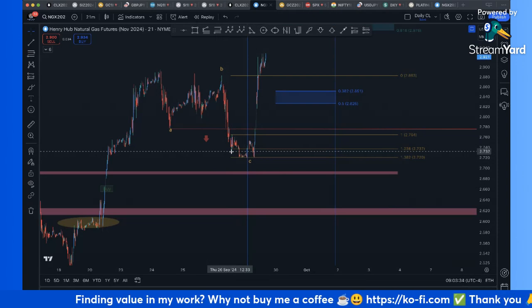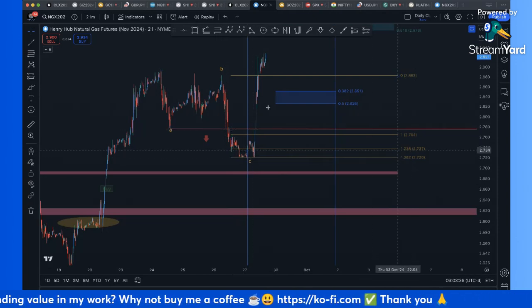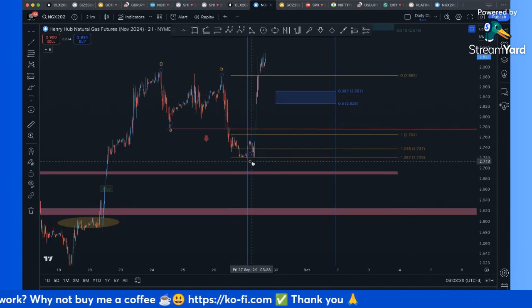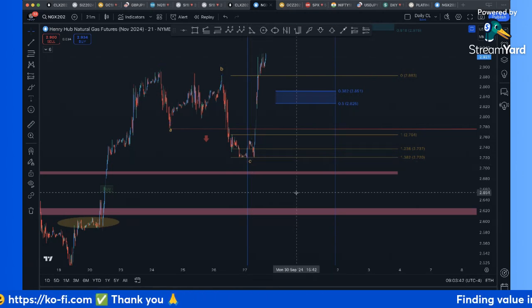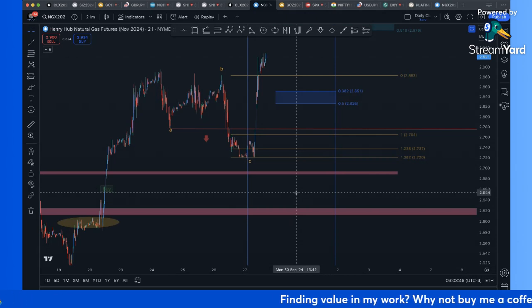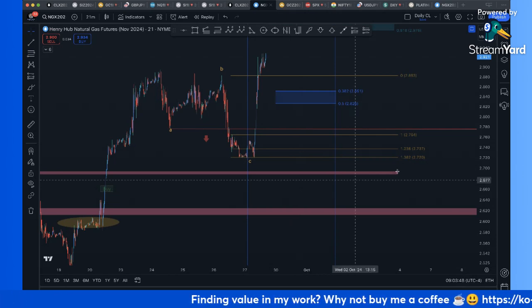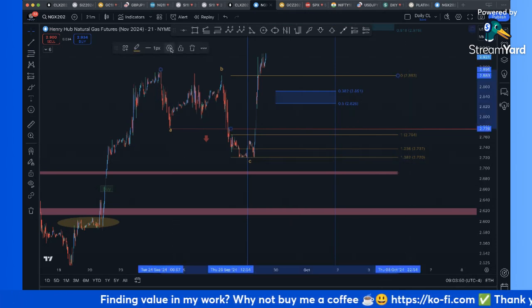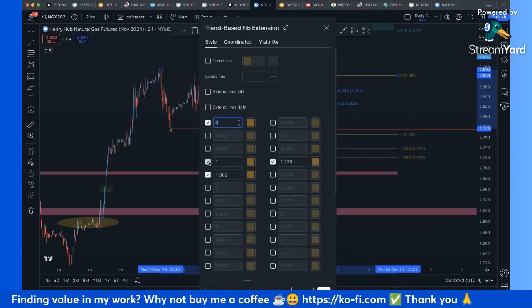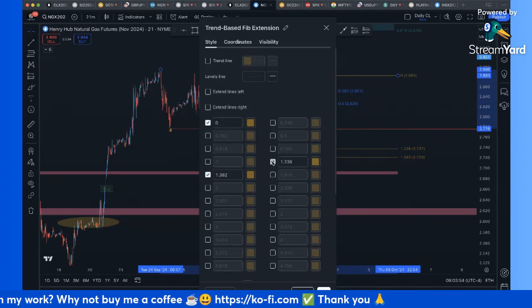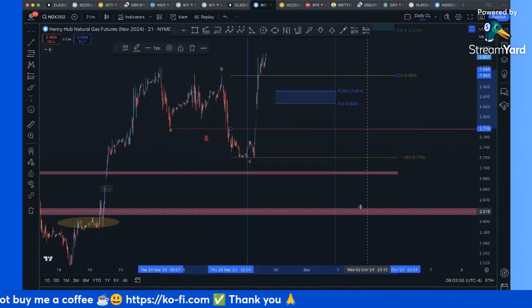So if you're an Elliott Wave guy, you know you're looking for this A, B, C move. You're always measuring for it. We don't know exactly where it's going to play out or if it is even going to play out. But what we do use are parameters. So these parameters were very helpful. Now, to keep my chart a little clean, I'm going to get rid of the 1.00 fib and the 1.236 fib, so you can see very clearly it caught the